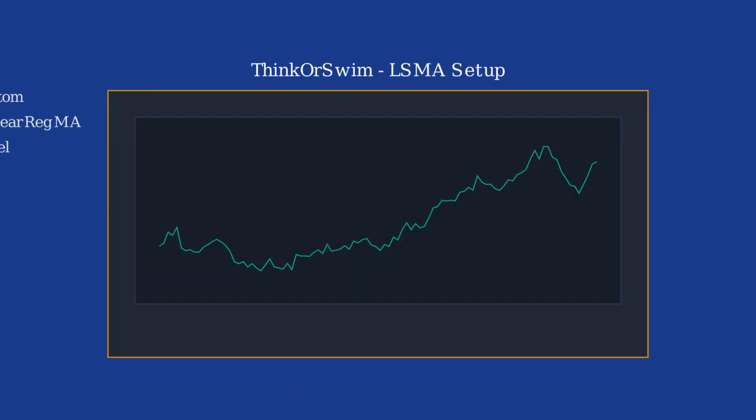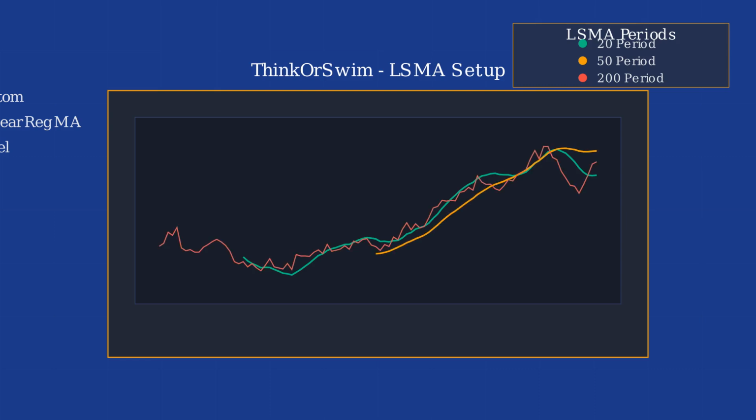On Thinkorswim, you can access LSMA through the Studies menu. You might need to use linear regma or add a custom script if LSMA isn't directly available. Many traders use multiple LSMA lines with different periods to identify trend direction and potential reversal points. A common setup includes a 20-period LSMA for short-term trends, a 50-period for medium-term, and a 200-period for identifying the